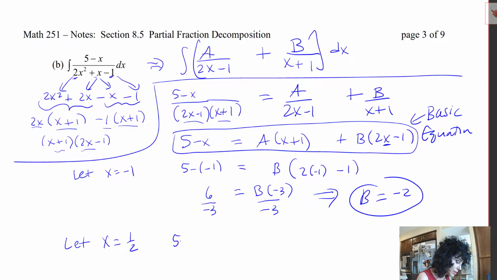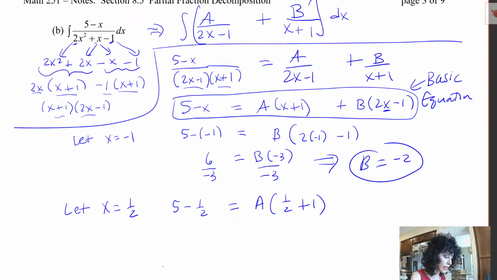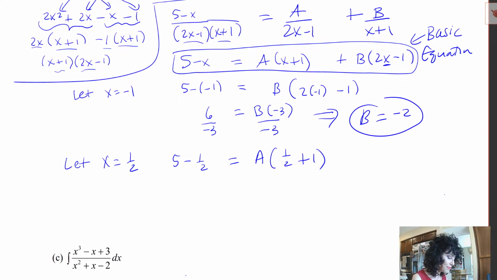And so when I substitute 1/2 into the basic equation, it's going to involve some fractions here, which are not that fun, but the b term will go to 0. So that's the good news. And then what the heck is 5 minus 1/2? Turns out it's 9/2, and then a is multiplied by 1/2 plus 1, which is 3/2,